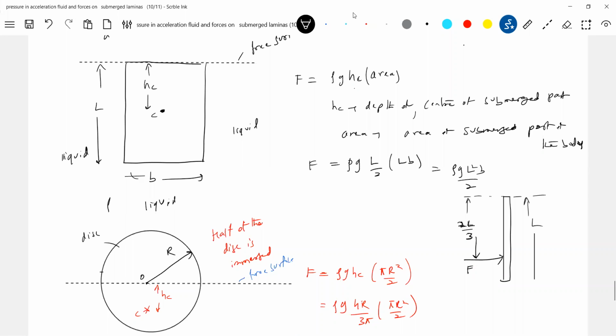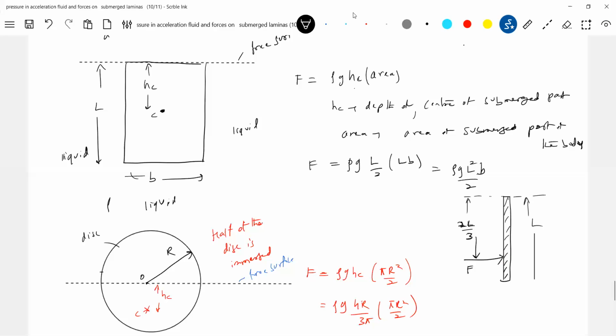For a semicircular plate, again there is a method, but the derivation is a little bit more complex. So in the revision program, when we have sufficient time, we'll analyze that also. We'll learn some higher things, which can be asked in Olympiad. I think there's no rule in Olympiad about in syllabus or out of syllabus. Those who are targeting Olympiad, please put effort into such things also. The point of application of this total force will be at a depth 2L/3.